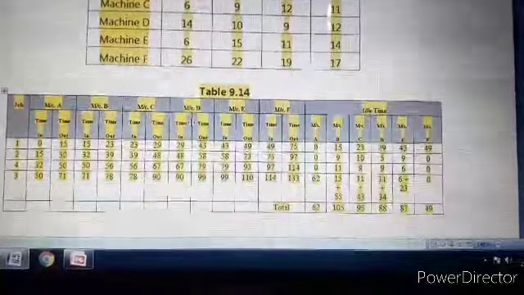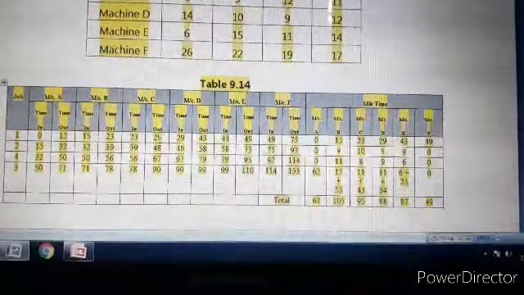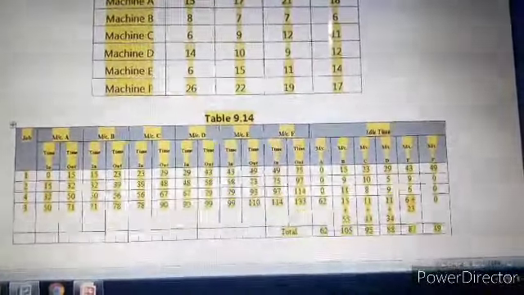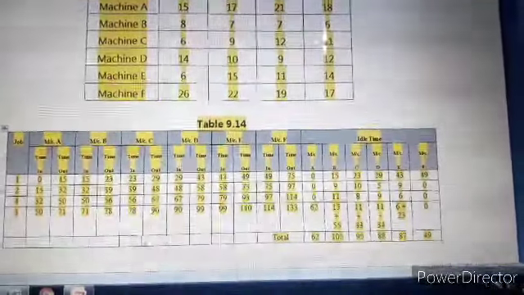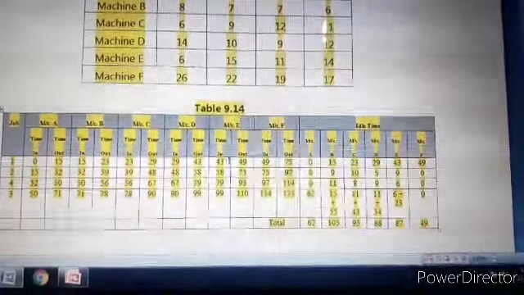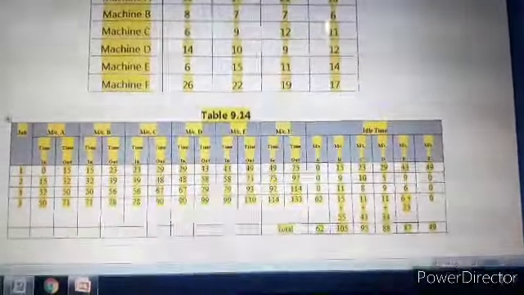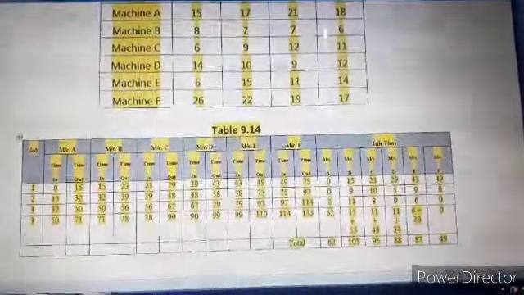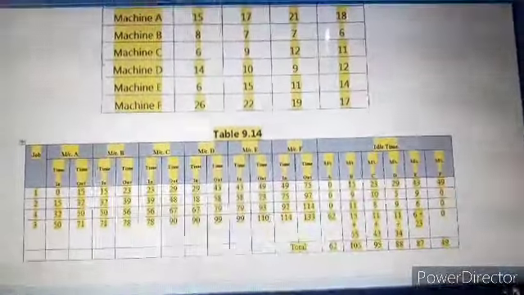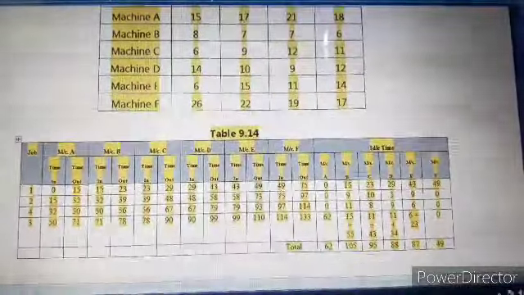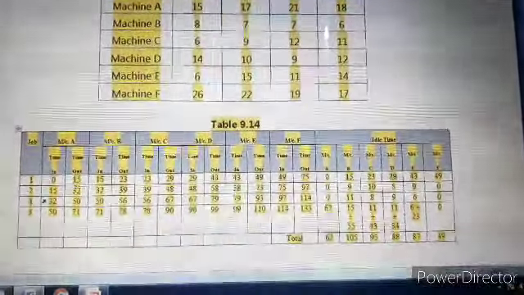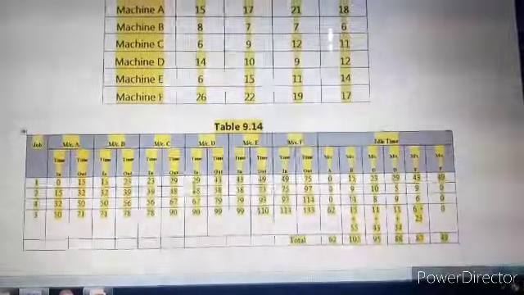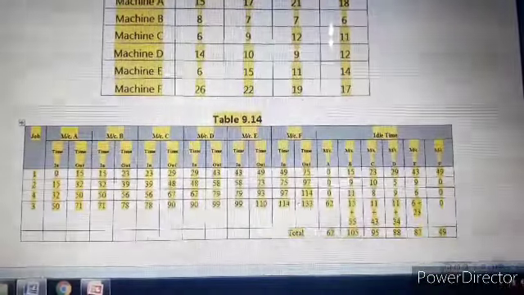Similarly for machine D, the time in for job 1 is 29 hours, and after that we have processed all the jobs and here we got the final time out for job 3 on machine D, it is 99. Similarly for machine E, time in is 43, again we have processed all the jobs and we got the processing time on machine E, that is 110 hours. Then for machine F, time in is 49, again we have processed all the jobs and accordingly the time out for all the jobs, that is 1 2 4 3 on machine F, accordingly it is